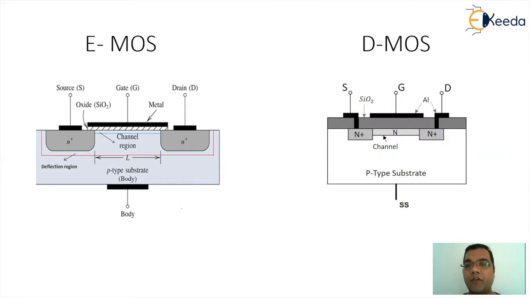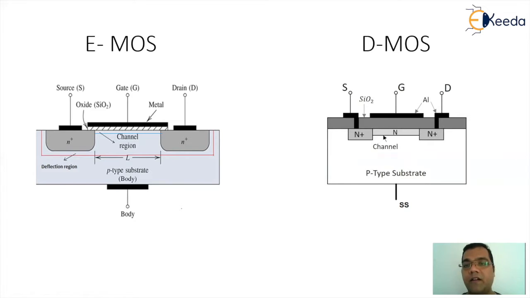So when you talk about the structures of both the MOSFETs, the right hand side figure corresponds to the depletion MOS. The device is going to have 4 terminals: source, gate, drain, and the last body terminal is normally defined as the substrate terminal. The source and the drain are made up of N region, and there is a center channel region which is also doped with the N region, and the gate is basically isolated with the help of an SiO2 layer.